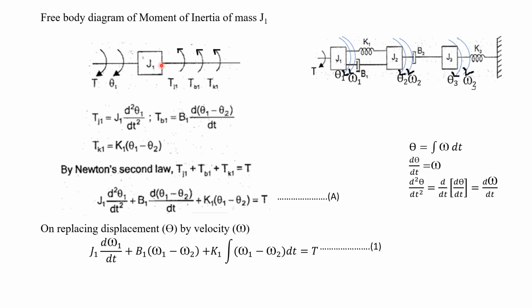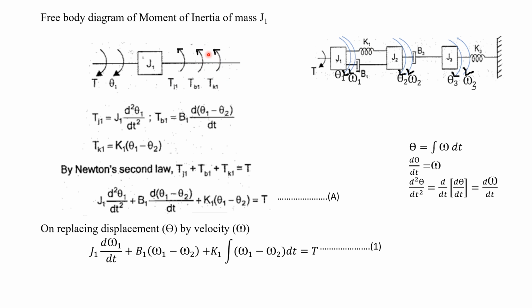Now what about the opposing torques? On the right side of this J1, we have to mark all the opposing torques. The own opposing torque is represented by Tj1. Then what are the elements connected to this J1, that is B1 as well as K1. None of these elements is connected only to this J1. This K1 as well as B1 are connected between J1 as well as J2. So we have to draw all the opposing forces one by one here. The first one is the own opposing torque, Tj1. Then TB1, that is connected between J1 and J2, and the next element is K1, that is